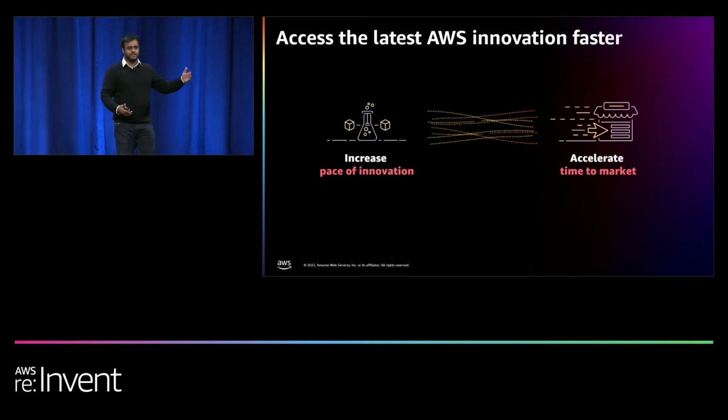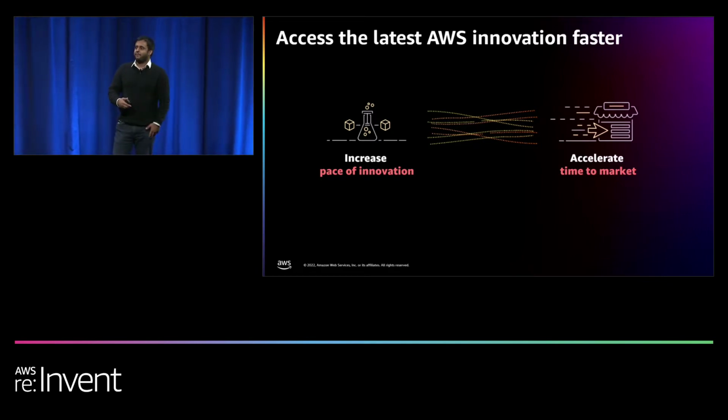We have a lot of announcements this re:Invent, right? And we have noticed that there have been lags at times. And developers don't want these lags. They want to adopt and test the latest product so that they can ship it out for their end